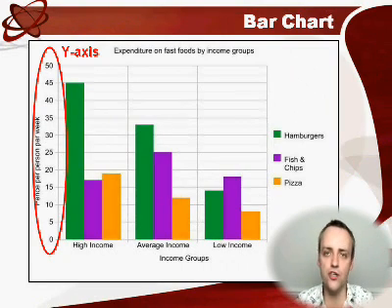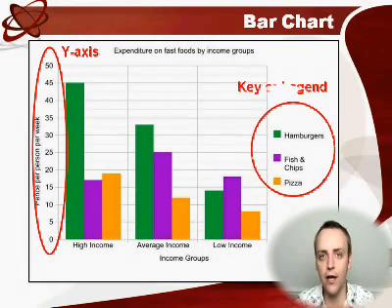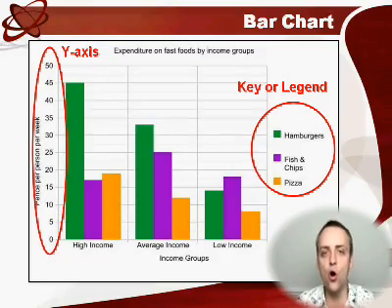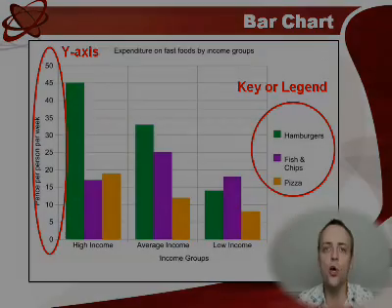And this is the amount of money. The amount of money is measured in pence. So 5 pence, 10 pence, 20 pence, etc. And this amount of money is spent every week, and that's the information we can see in the y-axis. The next part of the graph is here, and as you've learned before, this is the key or the legend, and it tells you which food